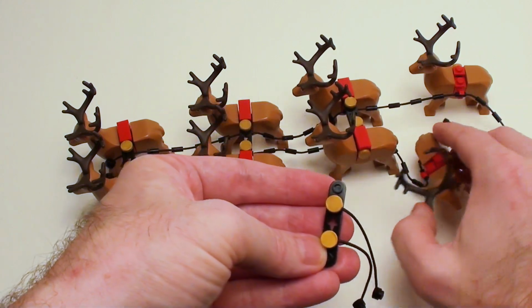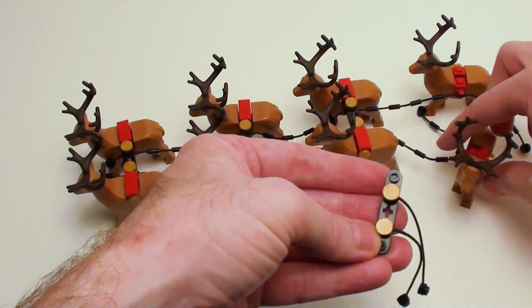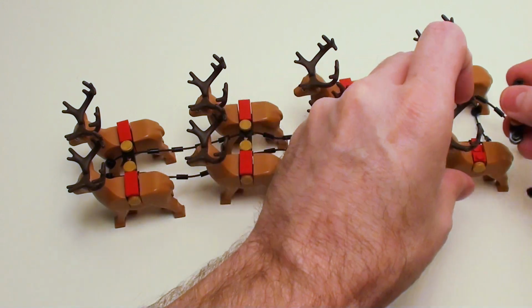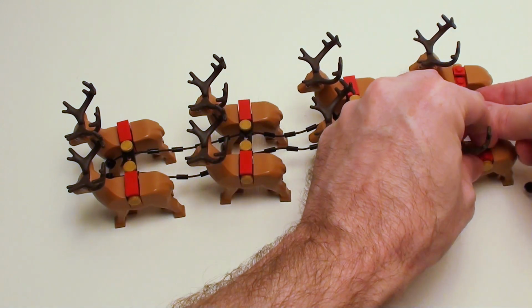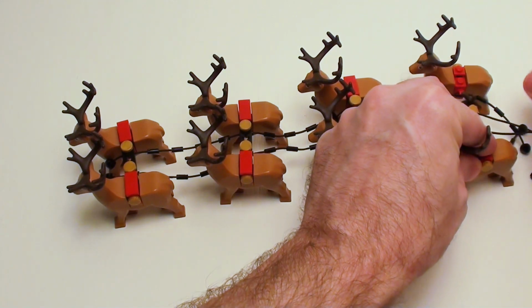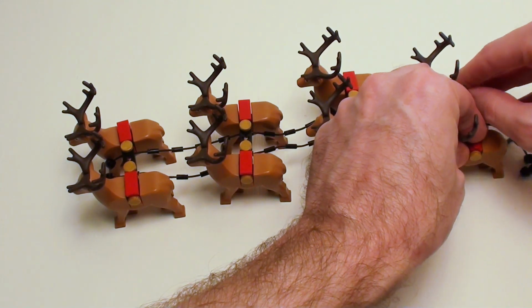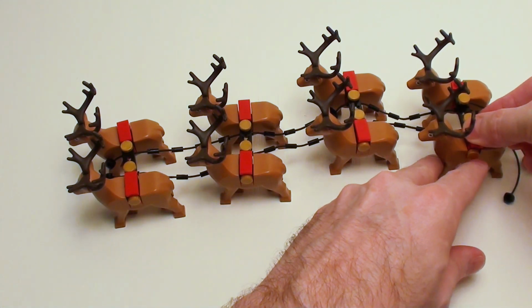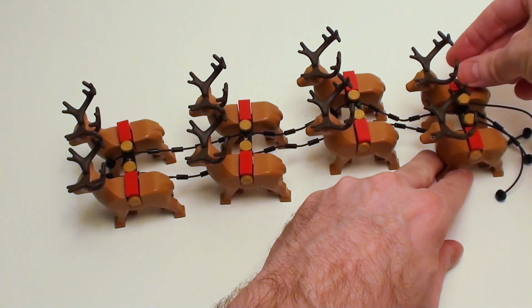Now that's what I mean, the deer want to take a nap. So let's lock these two together. These are going to be used to control the deer. I'm not sure exactly what those are called. I'm just going to call it a leash. We're going to set these on, and I want to lock everything together and finish it off with another pair